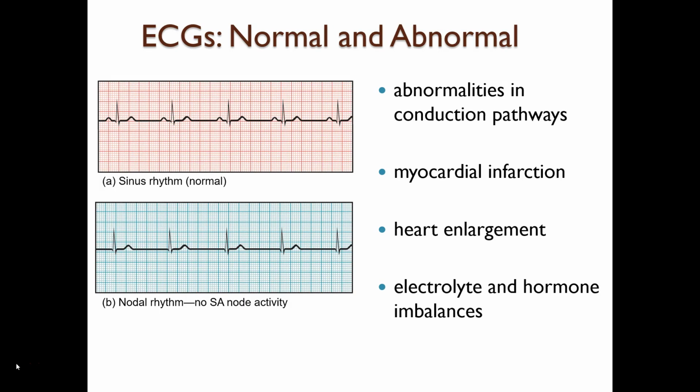So up here, the first picture you have is the ECG of a normal patient. So that's called the sinus rhythm, the normal rhythm of the heart. You would have a normal ECG. And notice the one below. What's different about it?